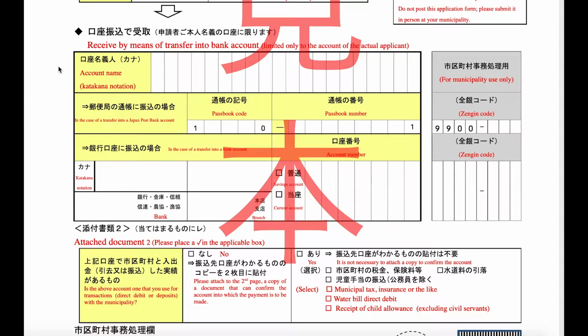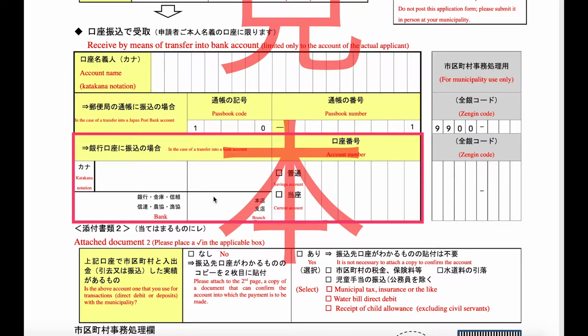So the top half, Japan Post bank account, enter your name in katakana, enter the passbook code and your passbook number in here. If you're going with a regular bank account, you're looking at the bottom half of this box. You put your name in here in katakana. So it's going to be your surname and your given name. In here is going to be the name of the bank. If you can, you're going to write this as the name of the bank is typically presented. So it's probably going to be kanji, but I reckon you can get away with the Roman alphabet here, to be honest with you. If it's just a regular bank account, you're going to want to circle this ginko kanji